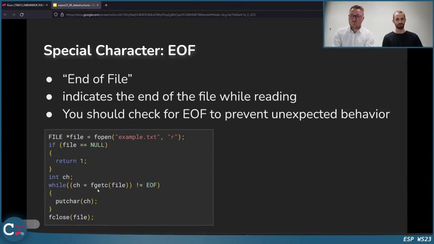You use fgetc, reading one character from the file, writing it into this character variable, and doing this until you reach the end of file, so reading all the input in the file. Then you use putchar. You can also use printf, for example,